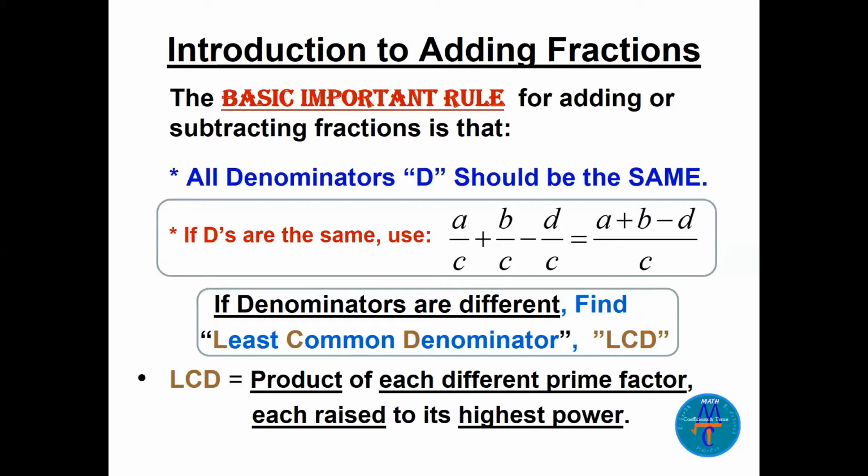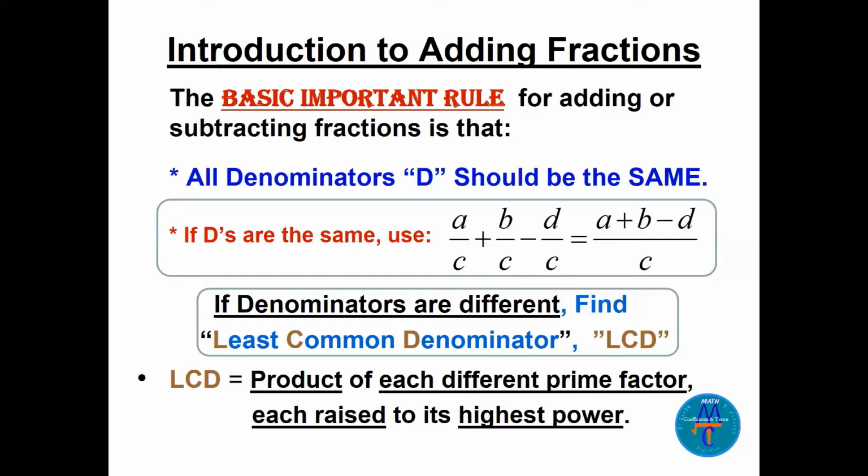How to find it? Now we know LCD is the least common, the smallest common denominator. How to find it? Okay, you have to multiply the product. Product means you multiply. See the definition, 2 lines here. The product of each different prime factor. So you have to multiply the prime factors, each one raised to its highest power. Maybe not clear. Again,